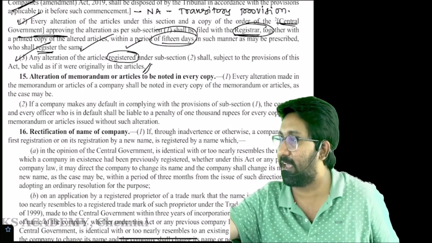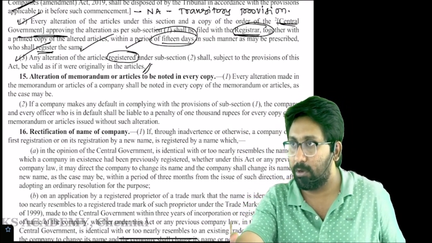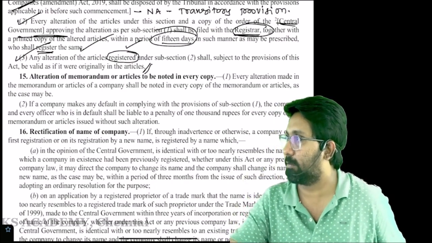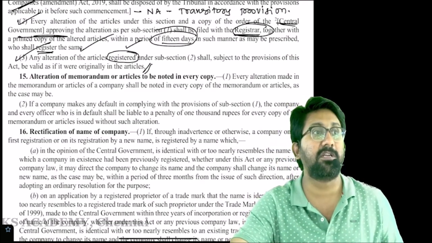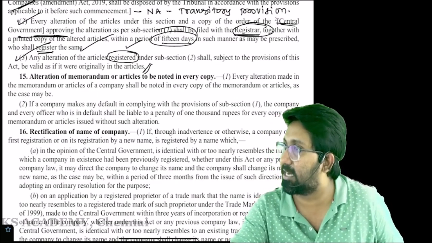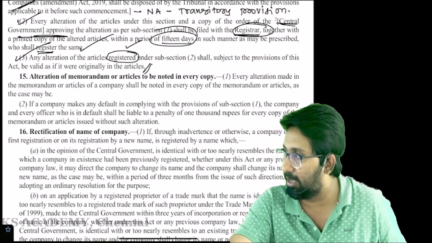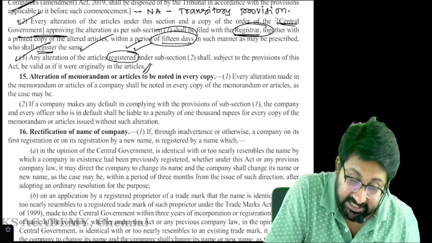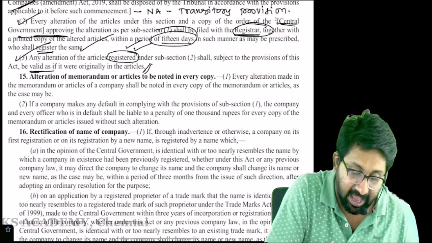You prepare your AOA, no effect. Totally no effect. No impact. Shareholders approved, same. Likewise, unless and until it is registered with ROC, it doesn't have any legal impact. Clear? So therefore, the alteration of articles registered under subsection 2 shall, subject to the provisions of the Act, be valid